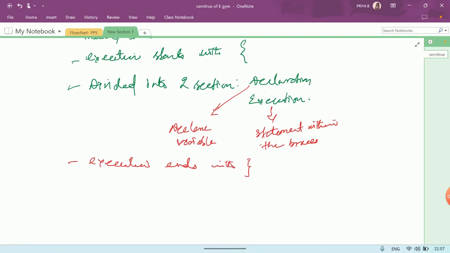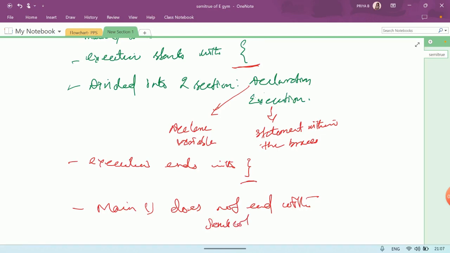So it starts with an opening brace and ends with a closing brace. And one more important thing, your main does not end with a semicolon. Okay,